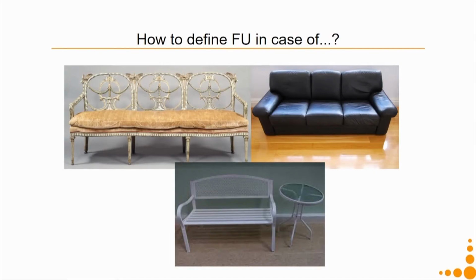Now let's come to this particular context. How do we define the functional unit in case of these sofas? All of them are sofas, they are meant for seating. So say the function is that it can carry a certain weight and will last for 40 years. So the functional unit is the same. But do we buy these products on the basis of functional unit? No. We buy them on the basis of their quality, which might be the visual quality, the comfort quality that they offer, or the style quality which suits my living room's style and so on.